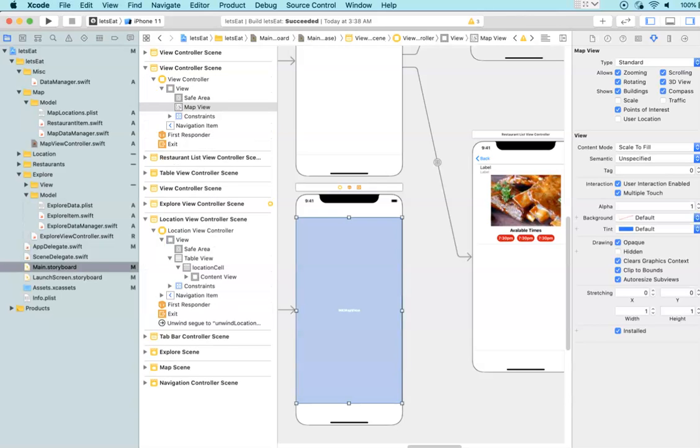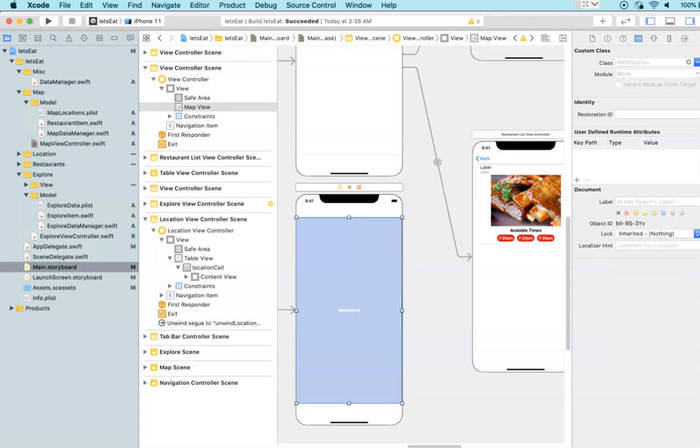And this is the map view. And then we want to switch to the class. And right here, we choose the class we just added, called map view controller. So right here, we type map view controller. Make sure you type correctly, because if you type wrong, it will take a lot of time